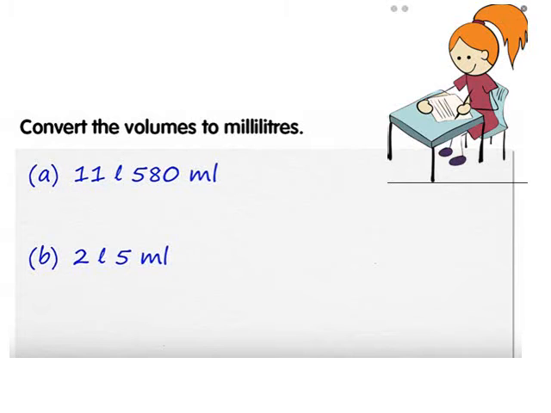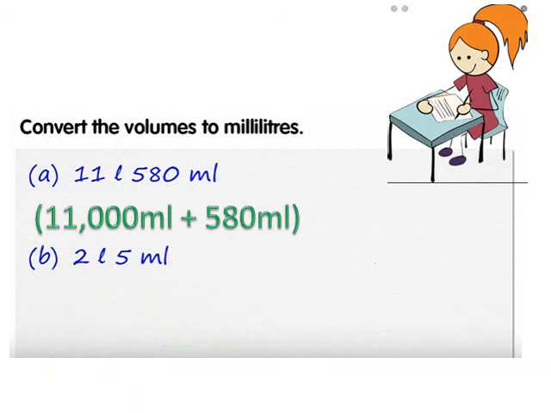It's 11 multiplied by 1000. So it will be 11,000. I just put the 11 and beside it 3 zeros. So it is 11,000 milliliters. The 580 are already milliliters, so I won't change anything. So 11,000 plus 580 milliliters are equal to